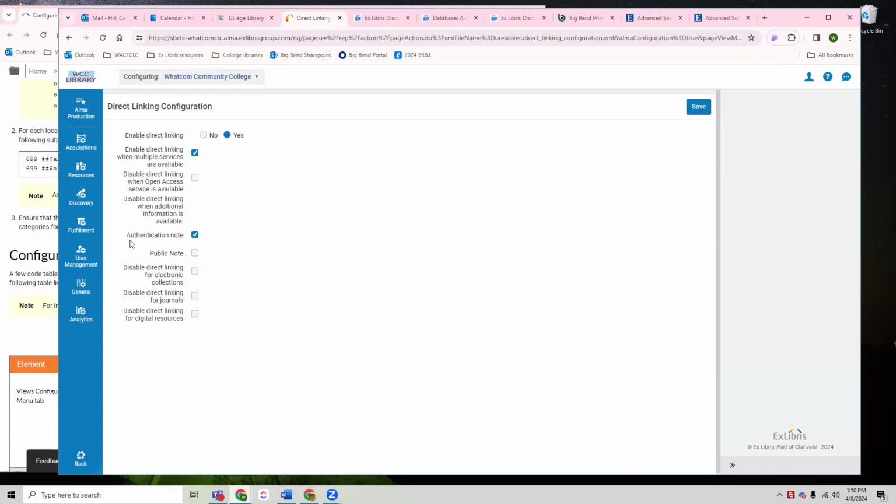So you could disable it for digital resources, journals, if there's a public note, if there's an authentic note, but keep it only for electronic collections. If you were like, I'm not sure how this is going to work for this or that, I think direct linking has gotten